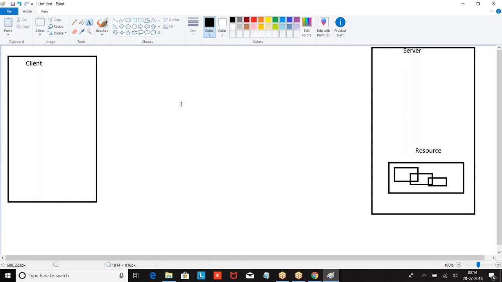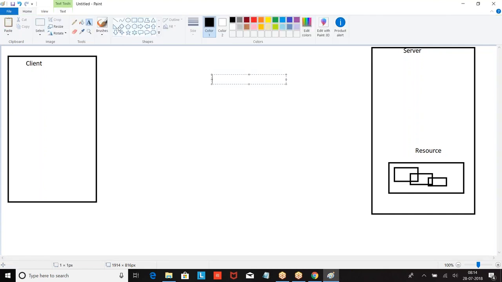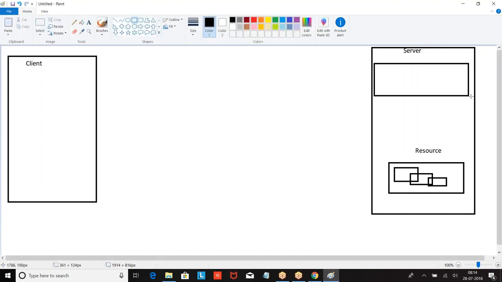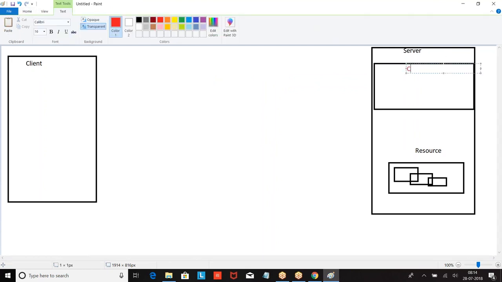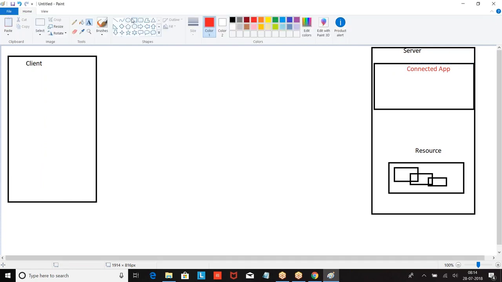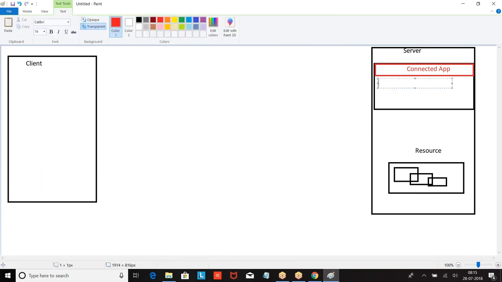Now the point is, whoever is providing the service, on that service provider, we are supposed to create one application which is called a connected app. So once you create a connected app, we are going to get